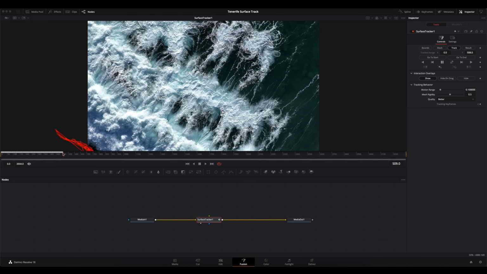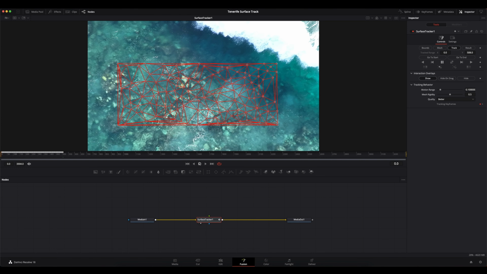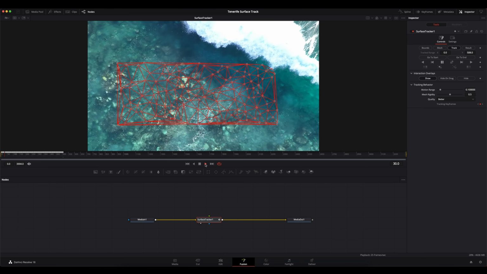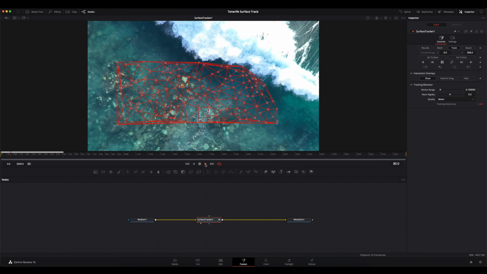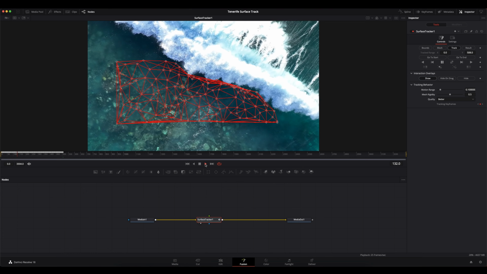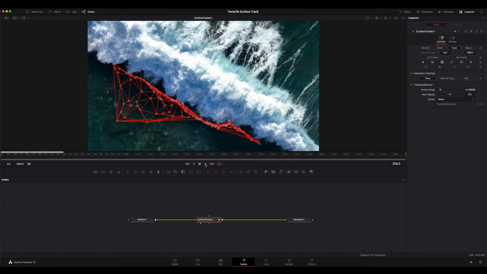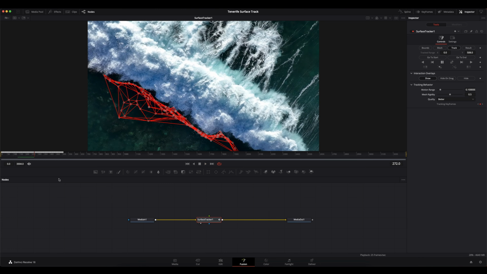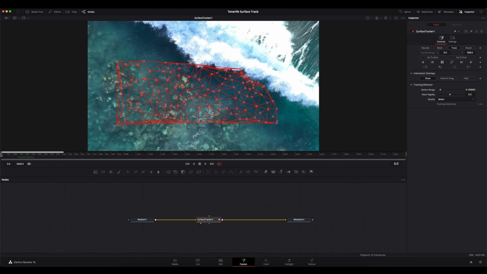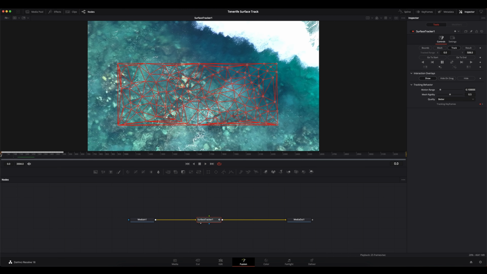If you move the playhead back to the beginning and hit play, you can see what the mesh is going to do here, which is the effect that I want. Okay, great. So now I'll move the playhead back to the beginning of the clip, and finally move into the